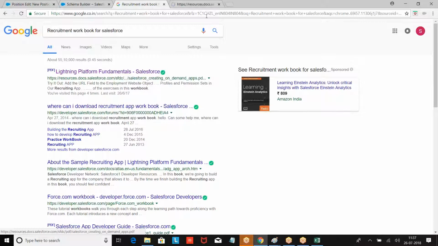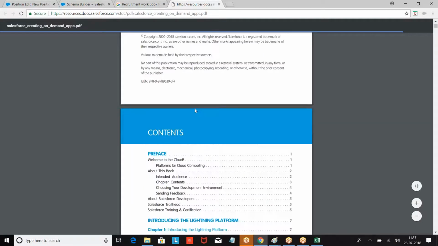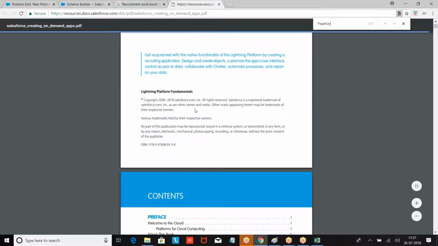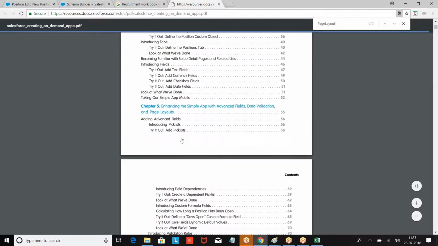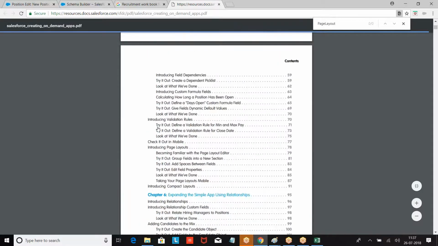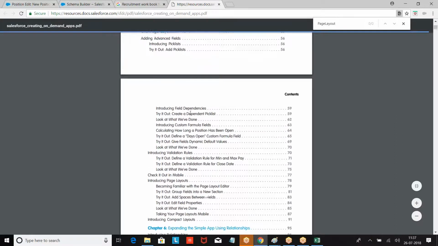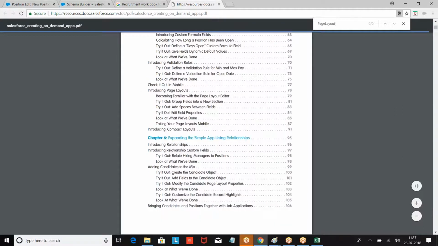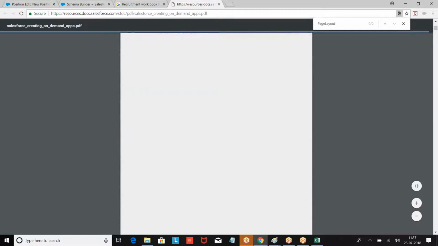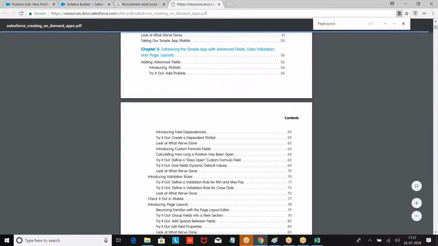Now I'm going to the page layout and I want to show you. Still the file is loading.